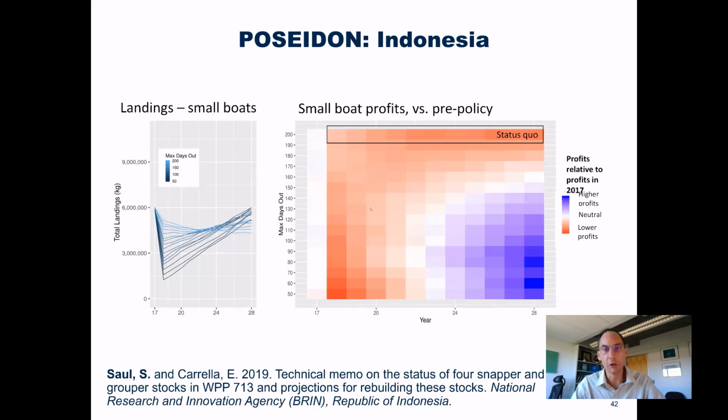And here, what this is showing is that there were discrepancies between large boats fishing for reef fish and small boats, where small boats were missing out on a lot of the profit because large boats were catching the majority of the catch. And so the government was asking us to explore policies of, what if we can reduce the maximum number of fishing days for large boats, and what impact would that have on small boats?